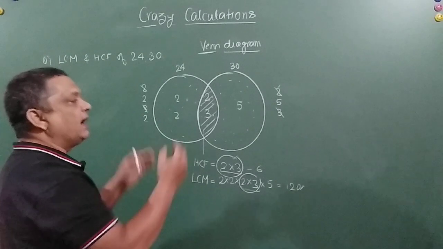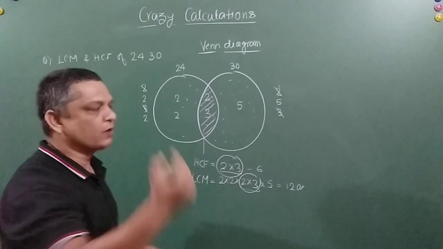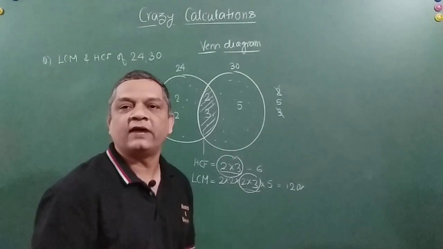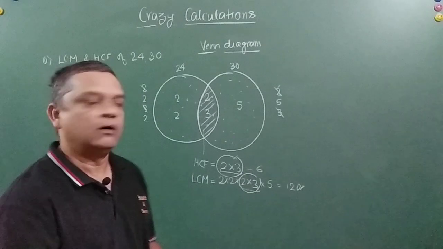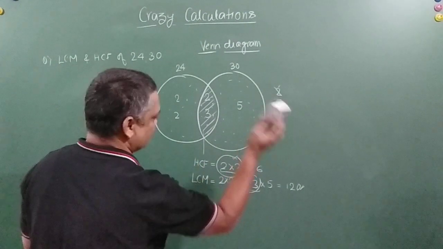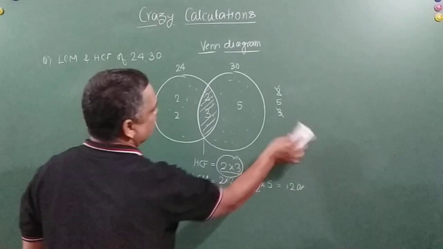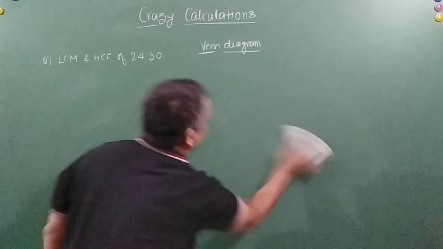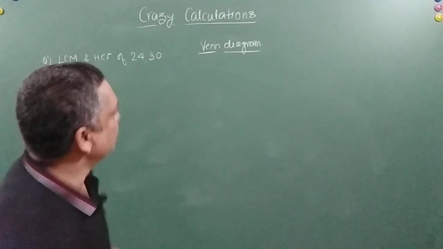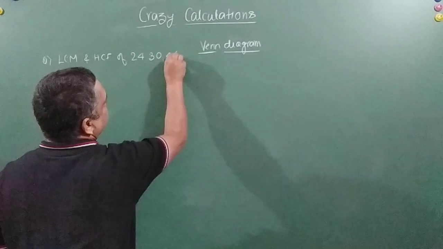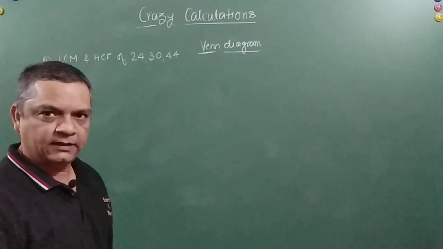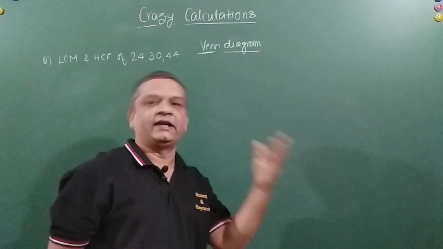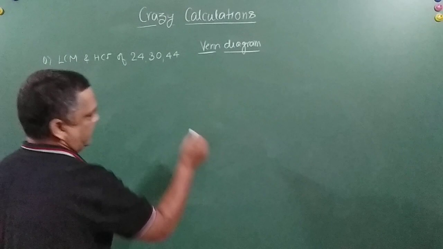Now let us add another 2-digit number to it, and try to see what changes we have to make and how we can explore things. So what I'm going to do is wrap it up, friends, because a lot of markings I have already done. I'm going to add 44 to it, one more number, right? Now let us say there are three numbers, how do we use a Venn diagram to find the LCM and HCF of these three numbers, right?